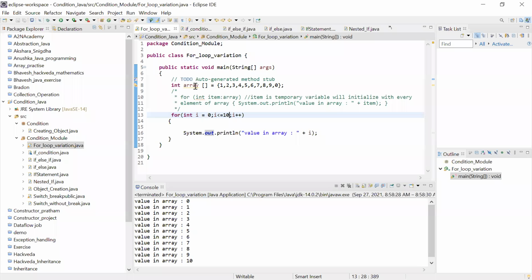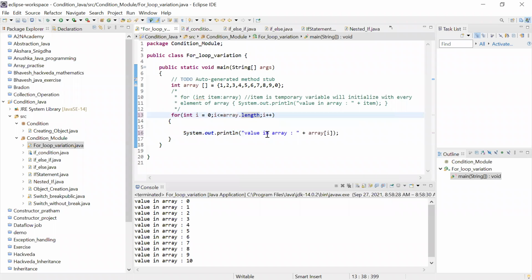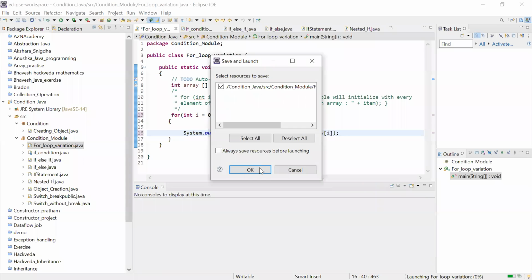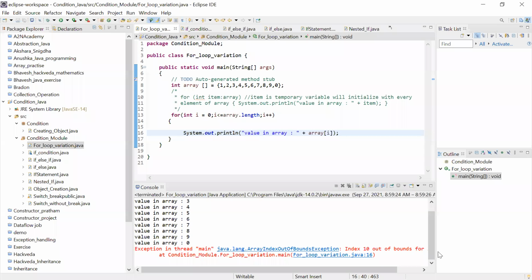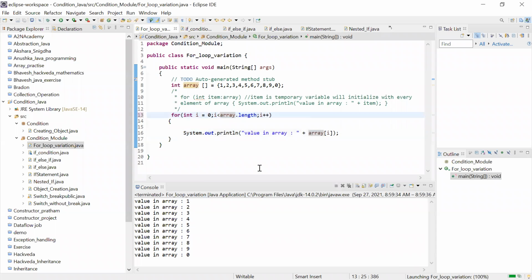So when I wanted to print the content of the array, I am going to write array[i] here. So you get the same output as previous.